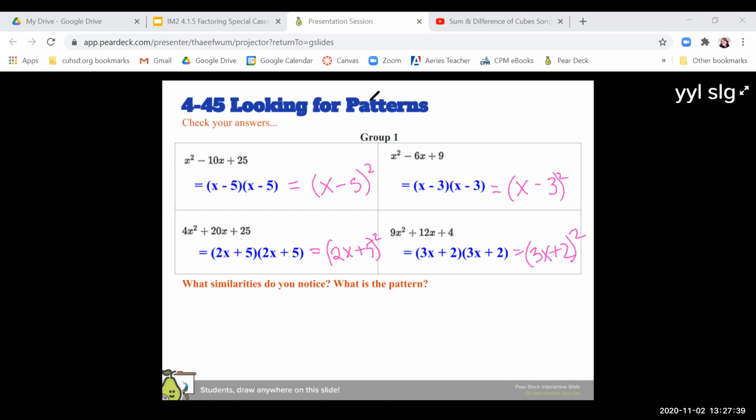So this special pattern that we're looking at here is called perfect square trinomial. Perfect square trinomial. Perfect square trinomials, let's talk through each of these terms here. Let's start with what it means to be a trinomial, just so we know what that means, all right? So trinomial